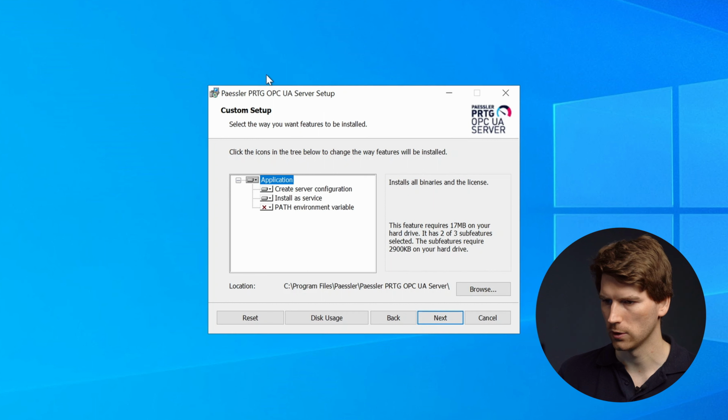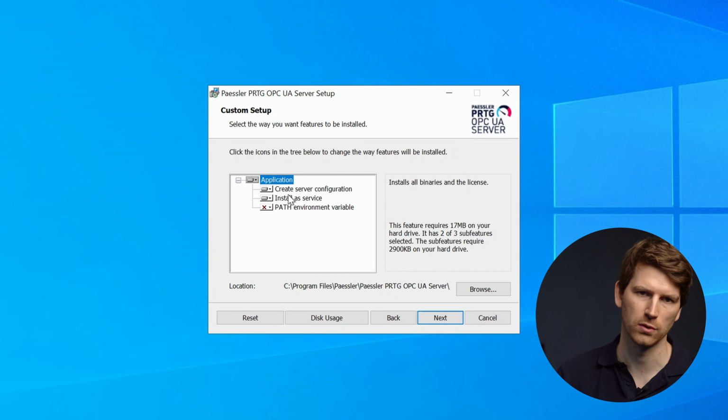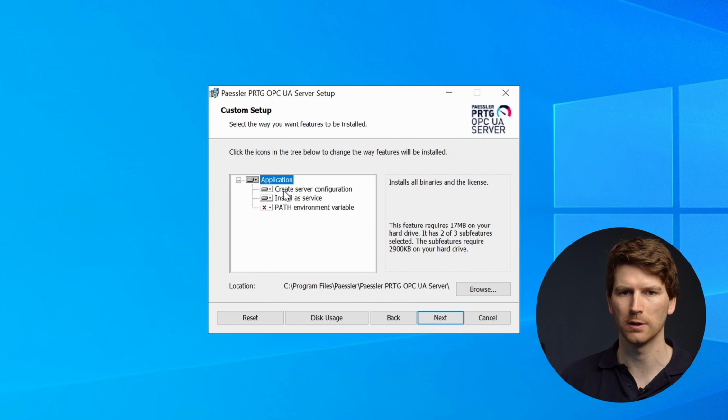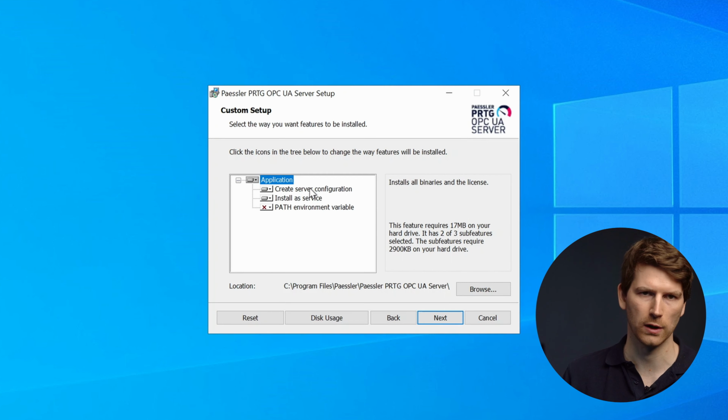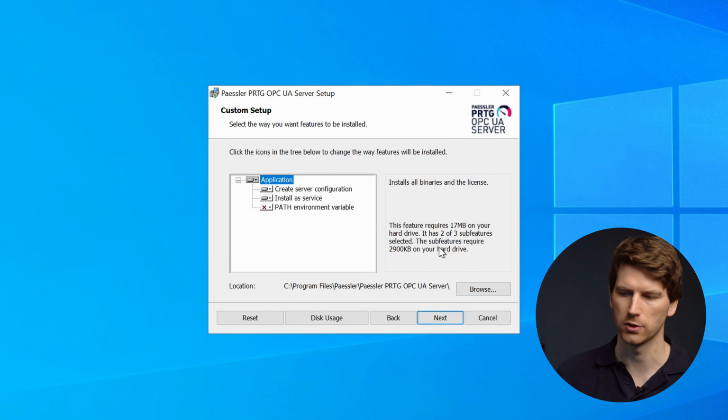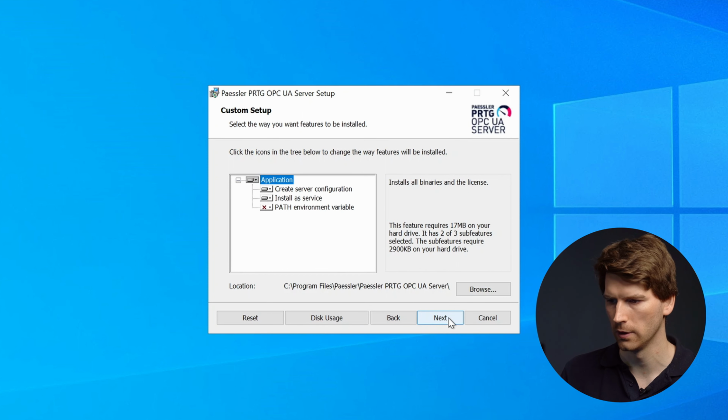Then we go next, we choose what we need to install. Of course, we want to install the UA server as a service, so when the machine boots, the service is automatically started and the OPC UA server is available. And we create already a configuration with a default setup. The OPC UA server is quite small, so we just mention it here, but nevertheless, there should be enough space